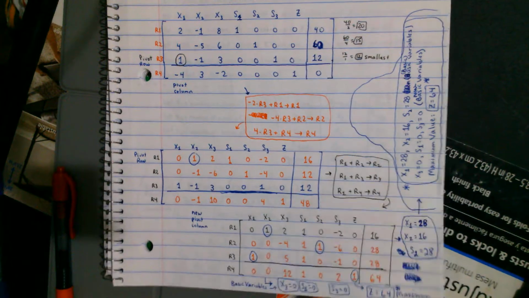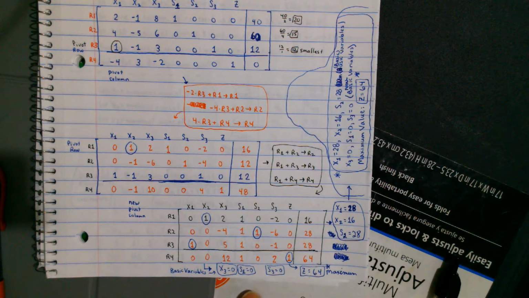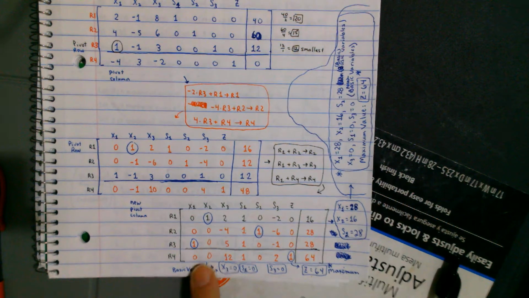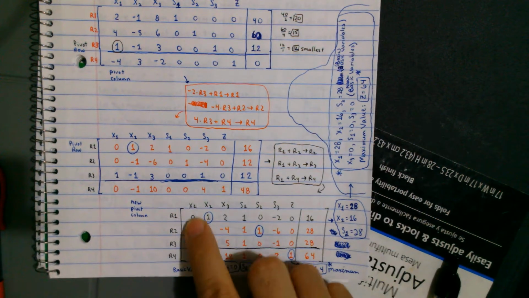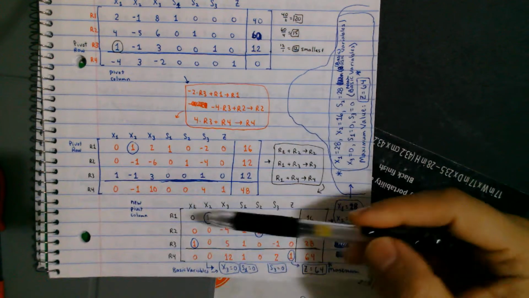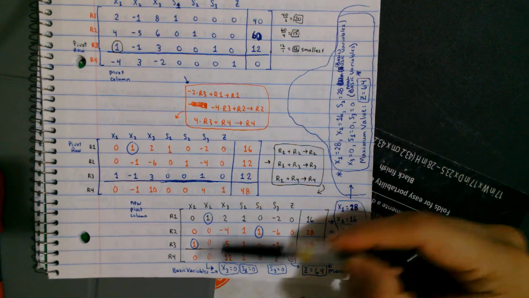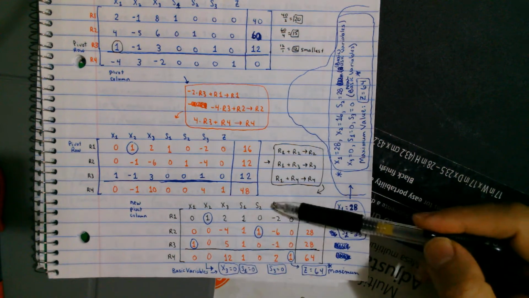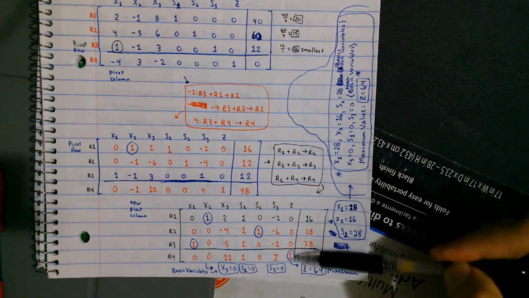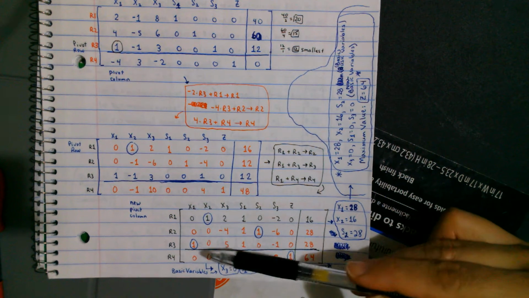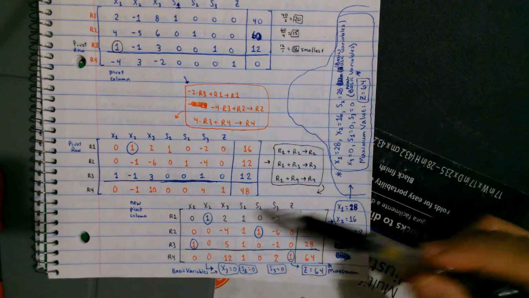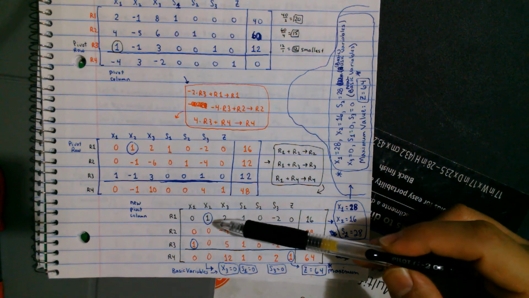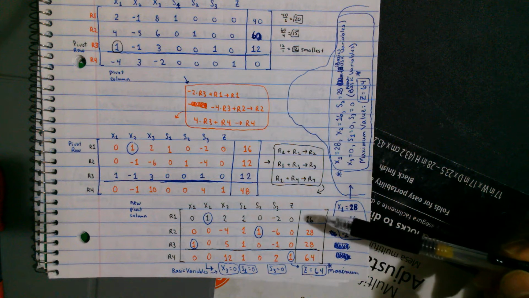But now that I do this a second time, notice no more negatives. So I have essentially my answer. I kind of put it all here. I want to save the paper here, but notice that this column is pivoted, this column is pivoted, this column is pivoted, and this column is pivoted. So those 4 values that I circled are your 4 basic values because they're going to equal something that's not 0. So x2 is equal to 16,